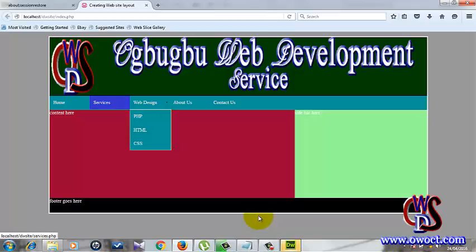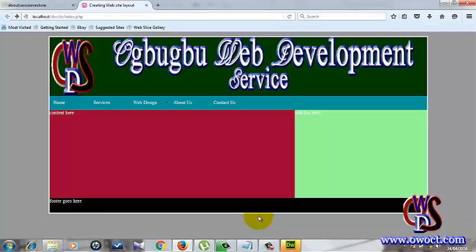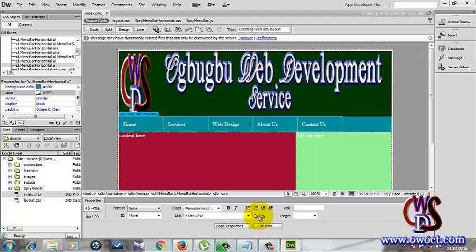So right now our menu is working, and if we click on each of these menu items we have here, it's going to tell you page doesn't exist. That's because we've not created the page yet. So let's just go back to Dreamweaver and make one final correction. I want to make this text